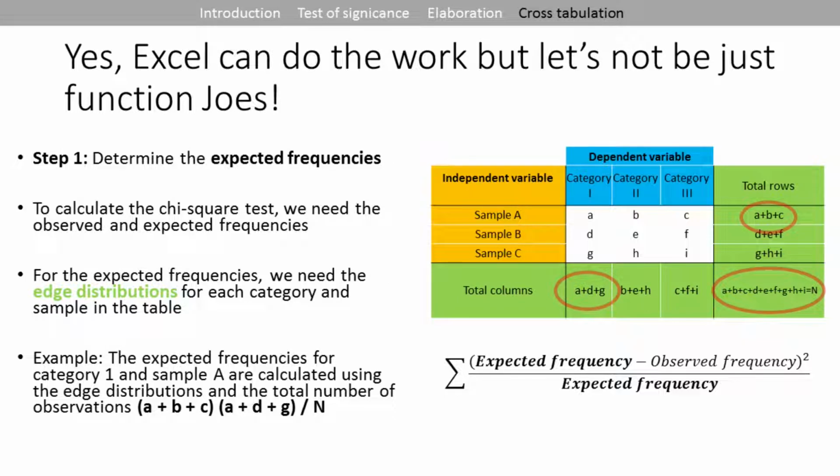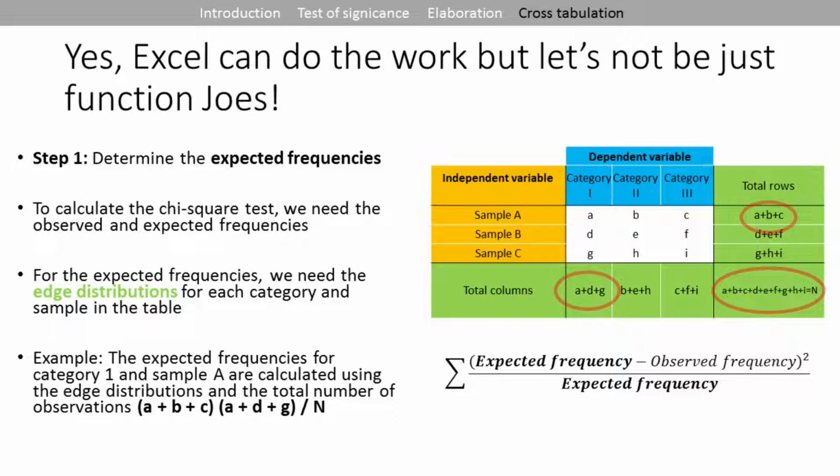Okay, time for the practicality. So we could use Excel and calculate this all automatically, but let's not be those guys. We like to know what we are talking about. So here let's go step by step. First, we have to determine what the expected frequencies are. We need this for the calculation of the chi-square test. So we need the observed and the expected frequencies to know if they differ from each other and if the null hypothesis is true. So for the expected frequencies, we need marginal distributions for each category and sample of the